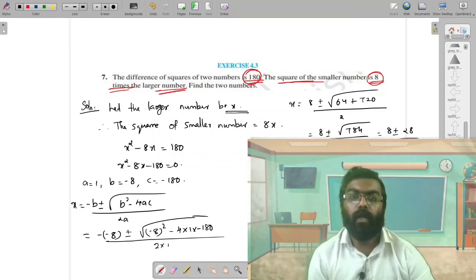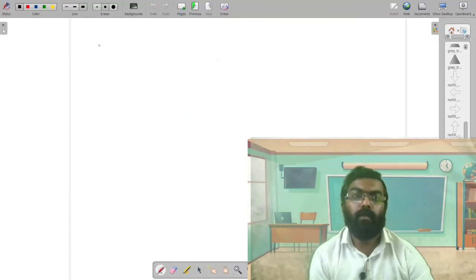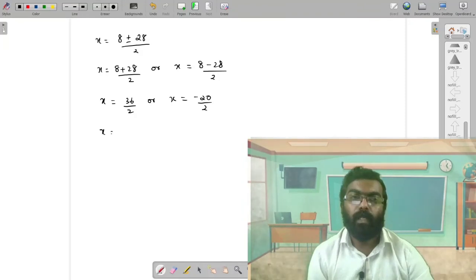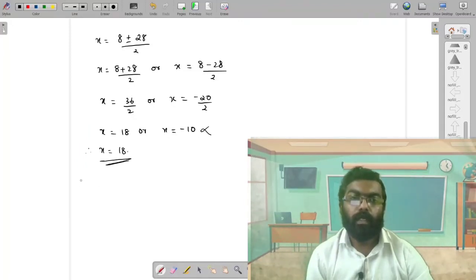So x is equal to 8 plus or minus 28 by 2. That is x equal to 8 plus 28 divided by 2, or x equal to 8 minus 28 divided by 2. That is x equal to 36 by 2, or x equal to minus 20 by 2. That is x equal to 18 or x equal to minus 10. Here x equal to minus 10 is not possible, therefore we can take x is equal to 18. Okay, x equal to 18, and hence we can conclude the larger number